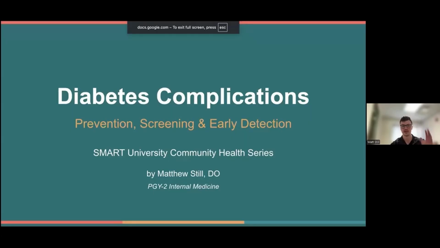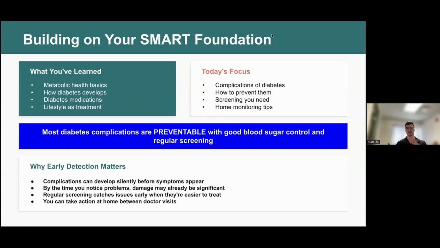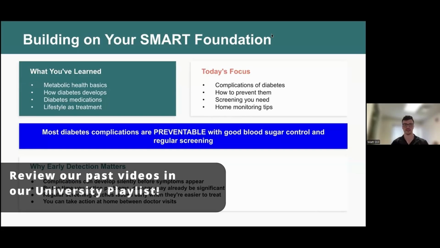I'm a general medicine resident, so we do handle a lot of diabetes and diabetes complications. We do see a fair bit of specifically podiatry related complications. Building on what we have talked about in the past, we touched upon the basics of diabetes, how it develops,